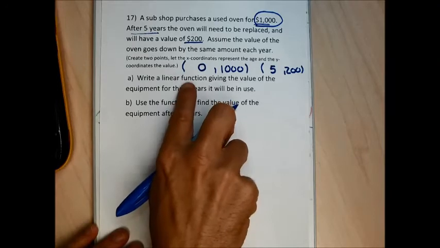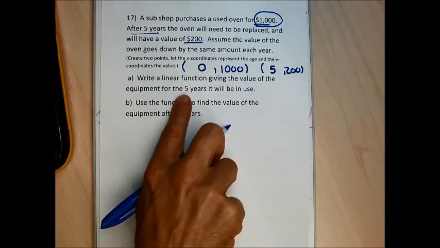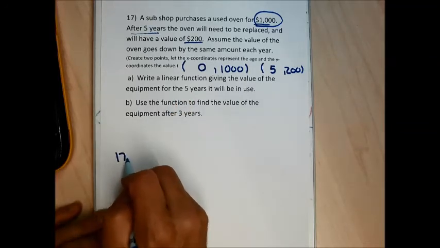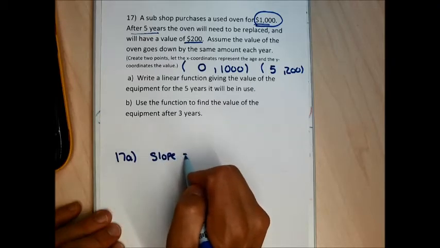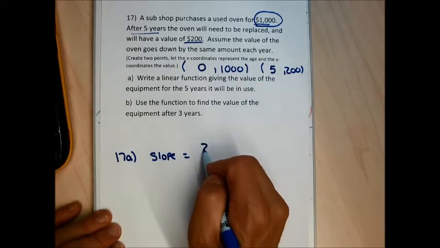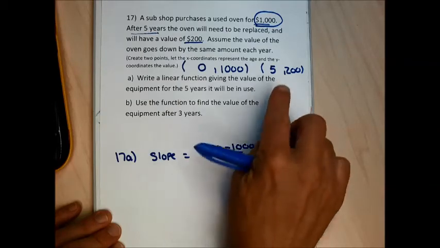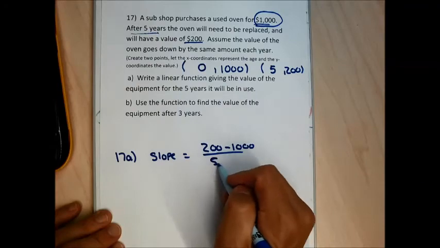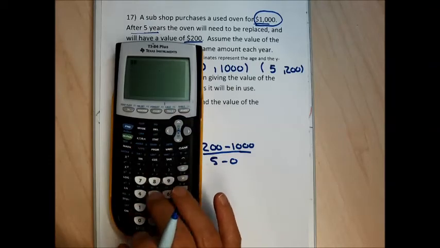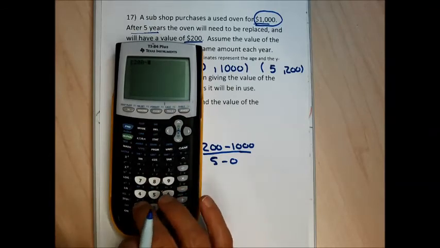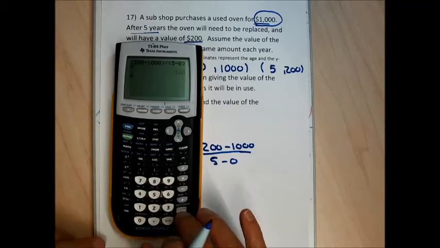For part A, I'm going to find a linear function to find the value of the equipment for the 5 years it's going to be in use. So what do I need to do for part A? I need to find a slope. To do the slope, I'm going to do y2 minus y1, which is 200 minus 1,000, over x2 minus x1, which is 5 minus 0. Do this on my calculator again. So parentheses 200 minus 1,000 divided by parentheses 5 minus 0 gives me the